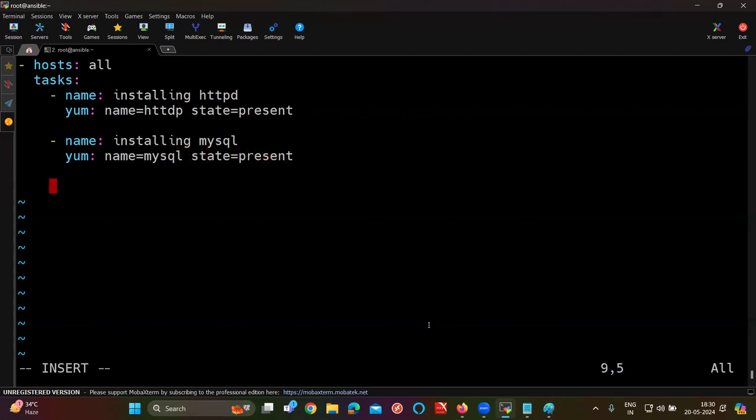Third one, P stands for PHP basically, but we can use Python also. In older days, a lot of people used PHP as their primary language, but in the modern era, everyone is shifting to Python itself. So we are going with Python now. Next name: installing Python. But remember, P stands for Python or PHP, anything is fine. Next, name is equal to Python 3, which is the latest one. State is equal to